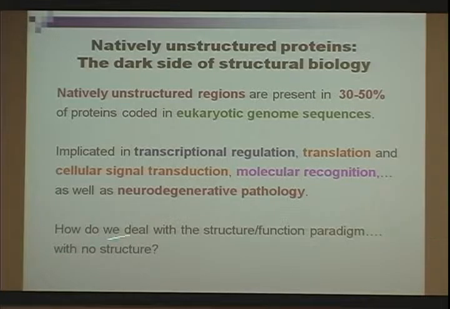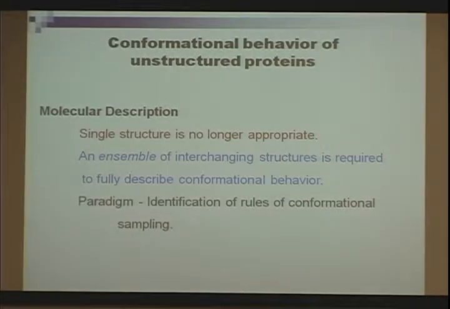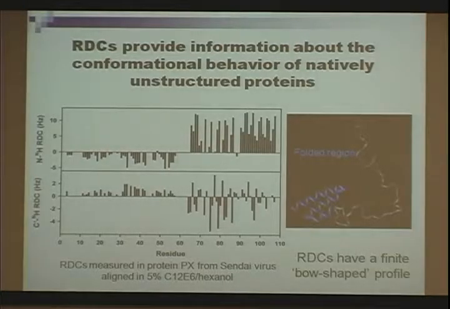But we have a real problem with how we're going to deal with the structure-function paradigm when we don't have a structure. So the way we started looking at this was saying, well, obviously, a single structure is no longer appropriate, so we need to have an ensemble of interchanging structures to describe the conformational behaviour. And the way that we're going to overcome this paradigm is that we're going to identify rules of conformational sampling. So again, we have to find some experimental value that we can go back to in order to justify our